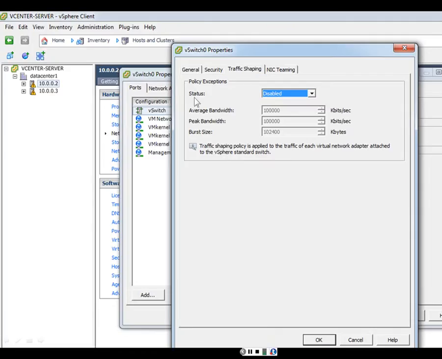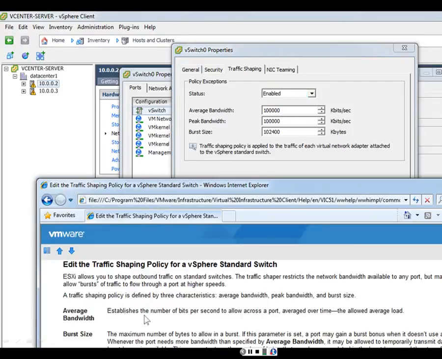Initially, traffic shaping is disabled, but you would enable it if you wanted to limit the amount of bandwidth used by virtual machines. If I select status followed by enable, assuming a bandwidth of 1 gigabit per second, we can limit the average bandwidth to 10% of the total bandwidth. If we click on help, we can see that average bandwidth establishes a number of bits per second allowed across a port over time. The average load in this example we can set to be 10%